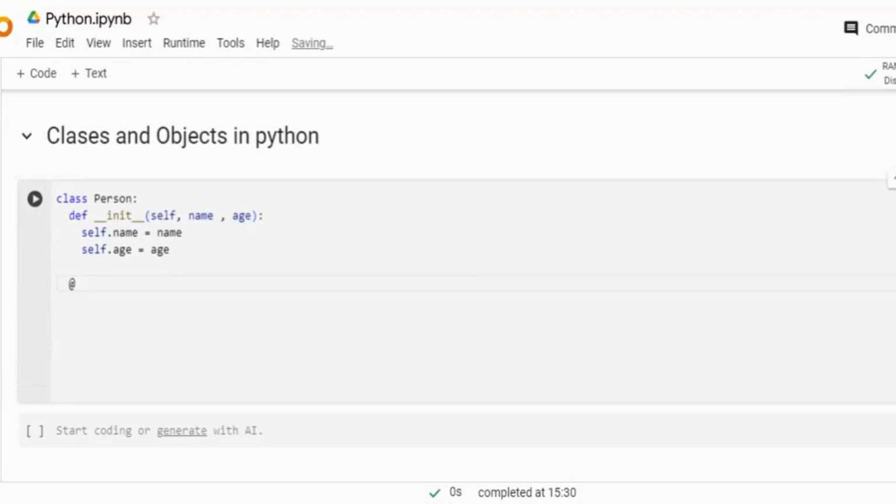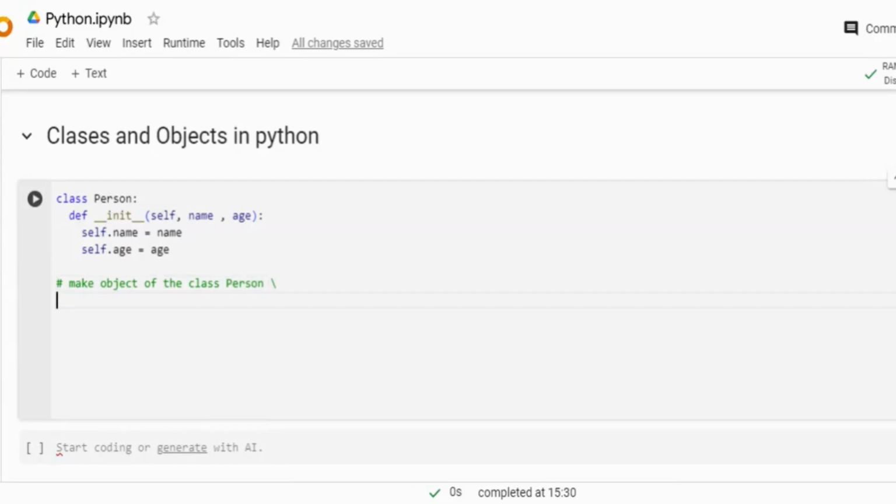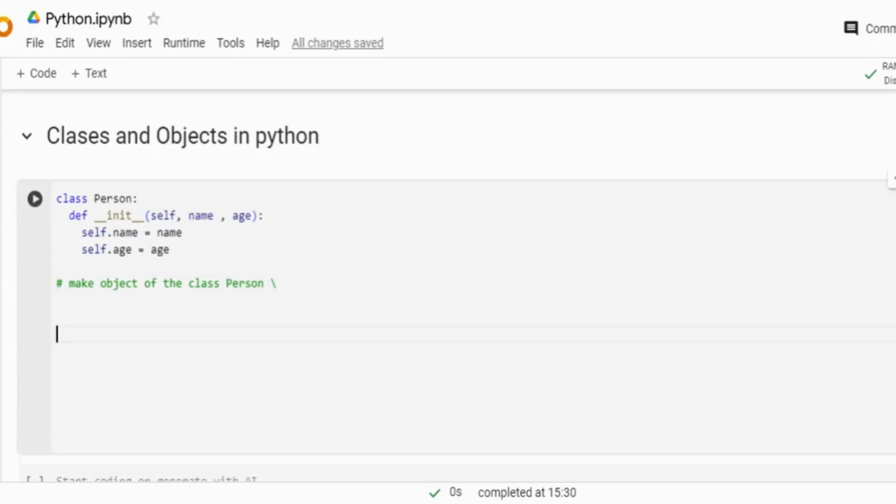Let's add a comment. It's a good habit to add comments in your code. Make objects of the class constructor, of the class Person, sorry. So we're going to make two persons. Let's say p1 is equal to Person with name John and age 25,